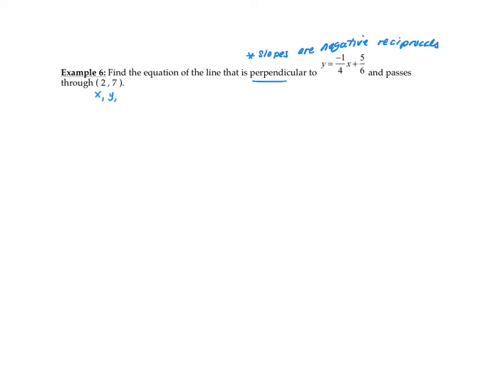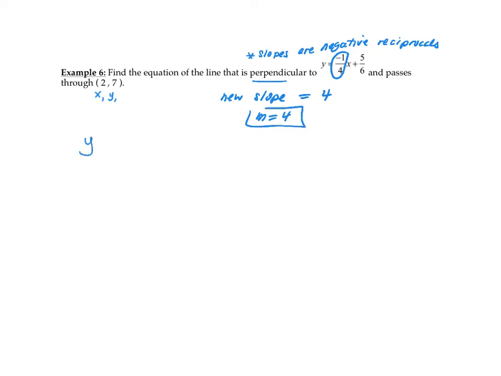Okay, in the simplest terms possible, you're going to take this slope, change the sign, and flip it over. So our new slope will be 4 over 1, or just 4. So the slope is negative, our new slope has to have the opposite sign, and it has to be the reciprocal. All right, so we have m equals 4, and we have our point, so we want to go with